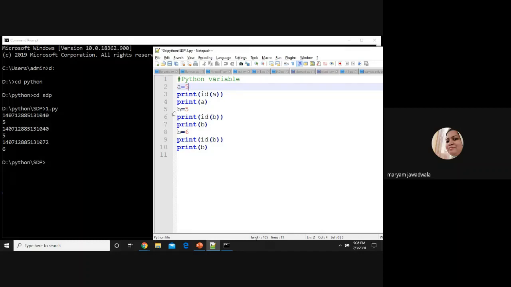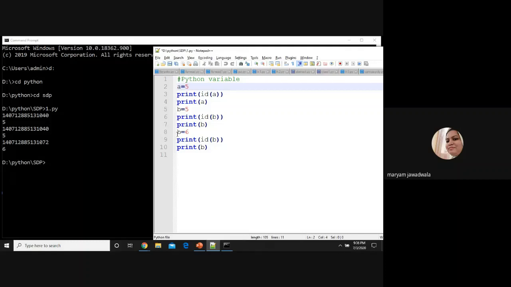Now I'm assigning in line number 5 b equals 5, means the same value is assigned to the b variable, means for 5 we are having two tag values, a and b. Print id b means obviously the address of a and b will remain the same because they are referring to the same object, right? See, the address of a and b remains the same because they are referring to the same object,